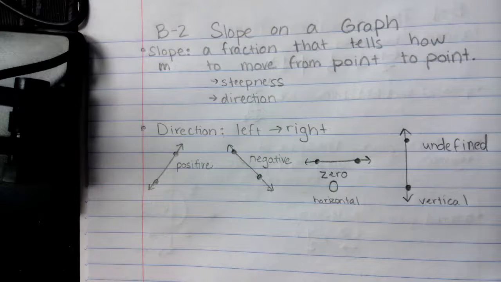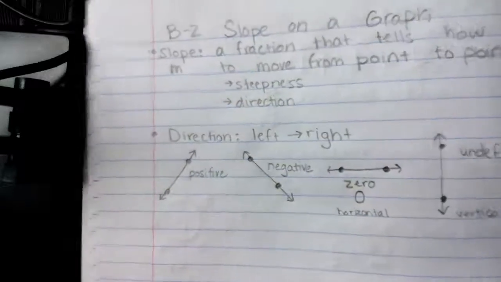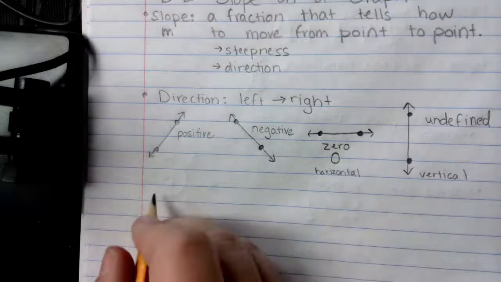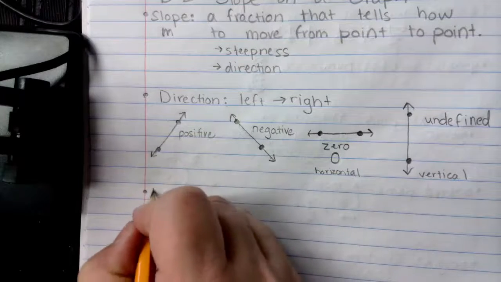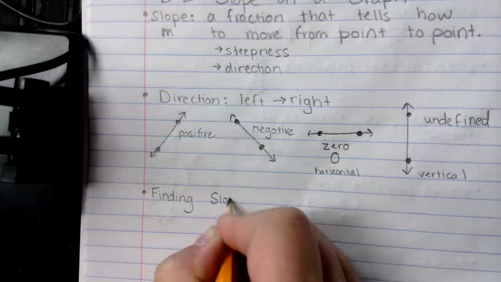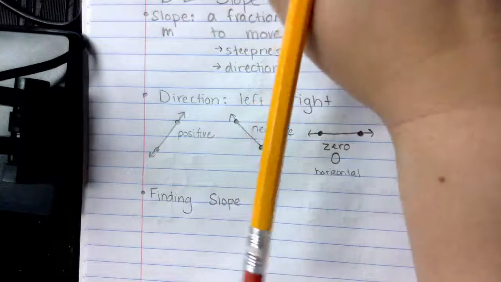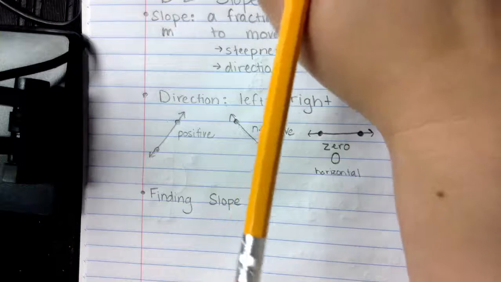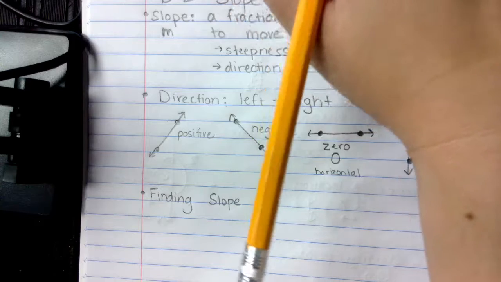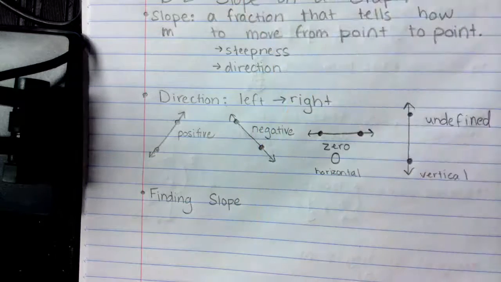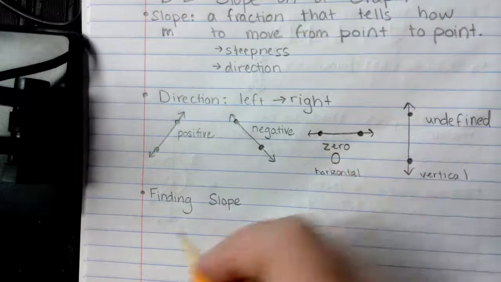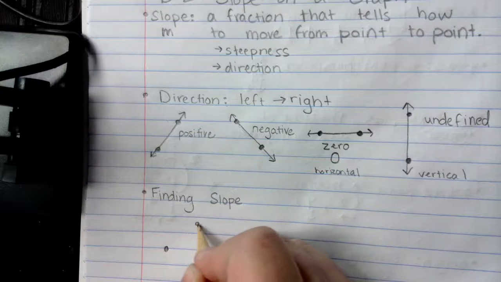All right, we have one more thing to write before we do our examples. And this is how we're going to find our slope. Okay, so finding slope. Jay, do the notes with us. Okay, so finding slope. On a graph, when I have from a point to a point, and I have that line,